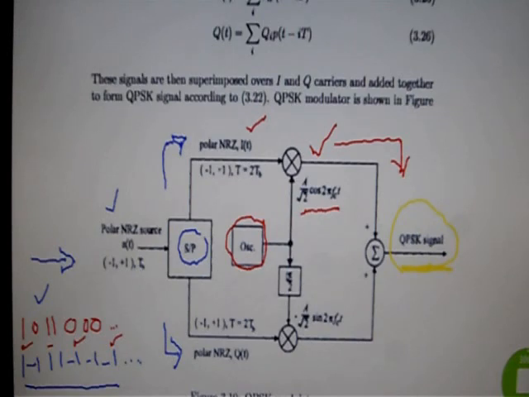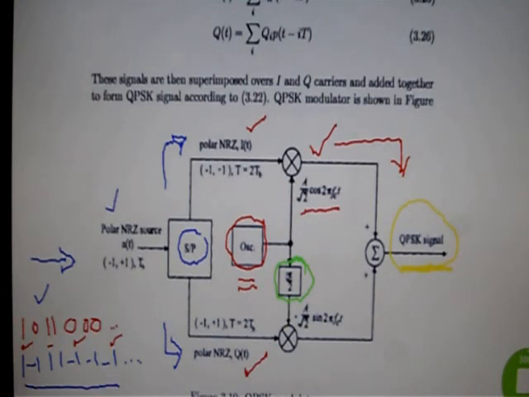A similar process happens in the lower branch, where you have the even number of bits, the polar NRZ signal for even number of bits, and Q of t. We will see Q of t shortly. It's very similar to the polar NRZ data as in BPSK. So this signal is then multiplied with the sinusoid carrier. Now you see you have the same oscillator. The same oscillator gives you the cosine carrier in the upper branch. In the lower branch, we have